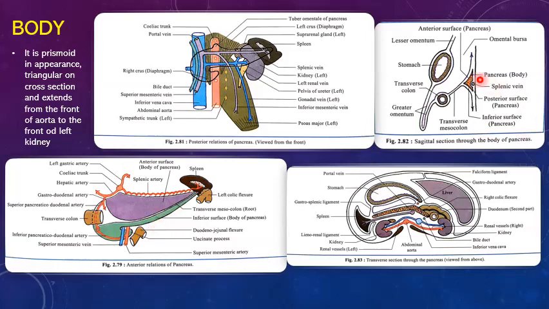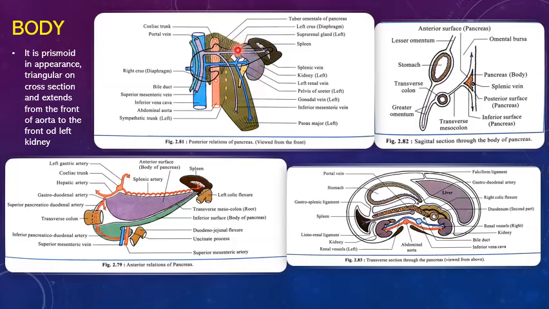Right. Now coming to the posterior surface. So this will be the posterior surface of the body of pancreas. It is entirely non-peritoneal, and the relations are, again, this is the abdominal aorta. This projection, the striped area, represents the left crus of the diaphragm. So that is one more relation. Then left psoas major along with the left sympathetic trunk. Then left suprarenal gland. So this is the kidney, right?